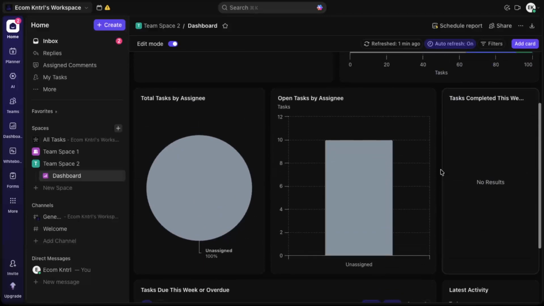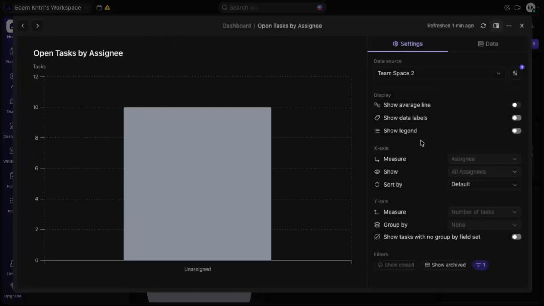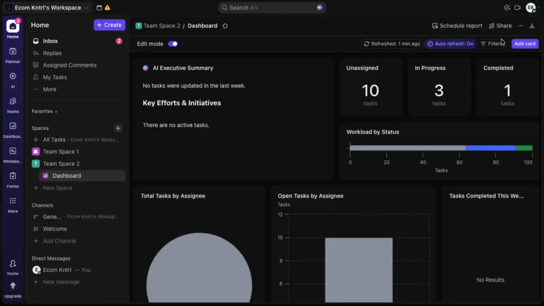Finally, keep in mind that if you choose another type of dashboard, such as one focused on project management rather than task management, the cards and customization options will be slightly different. The overall approach is the same though. Select the dashboard type, then use the settings on each card to tailor both the visuals and the data to your needs. By walking through each card and adjusting its settings, you can turn a basic ClickUp dashboard into a powerful